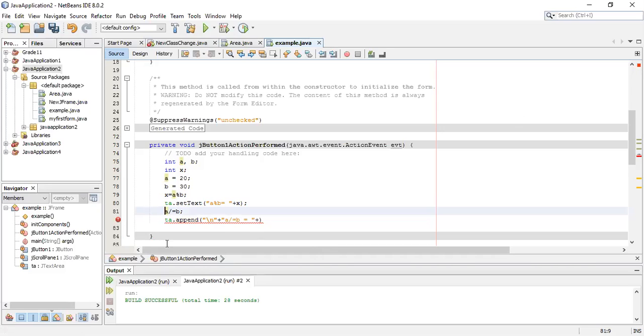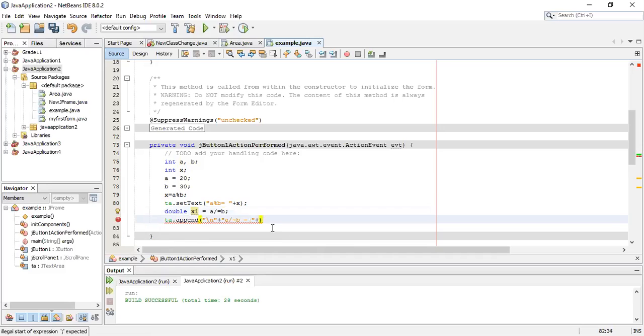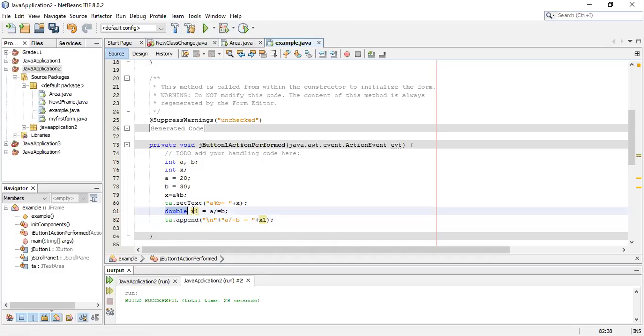So after dividing, it may come in a डेसिमल फॉर्म ऑल्सो, सो हम यहाँ पे x1 ले लेंगे और इसको हमने डिक्लेयर करना पड़ेगा डबल. We'll write x1 over here. Right, so double x1 is equal to whatever answer comes from this calculations, and that x1 we are printing here,